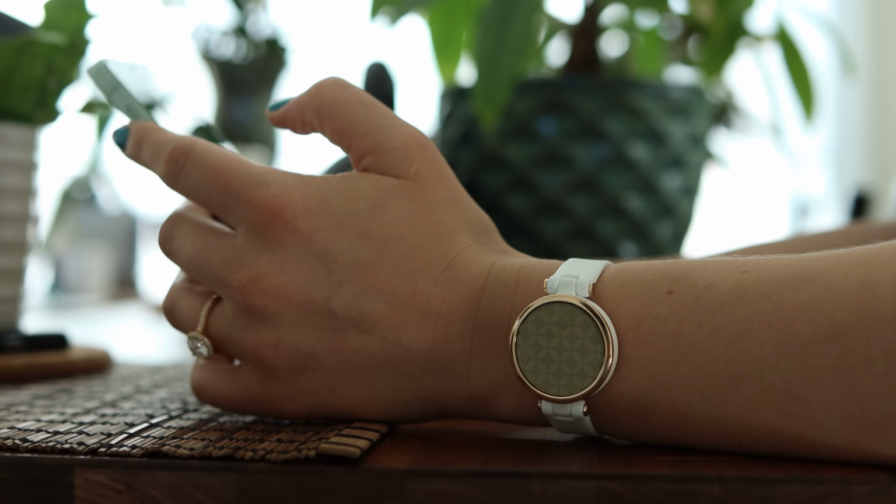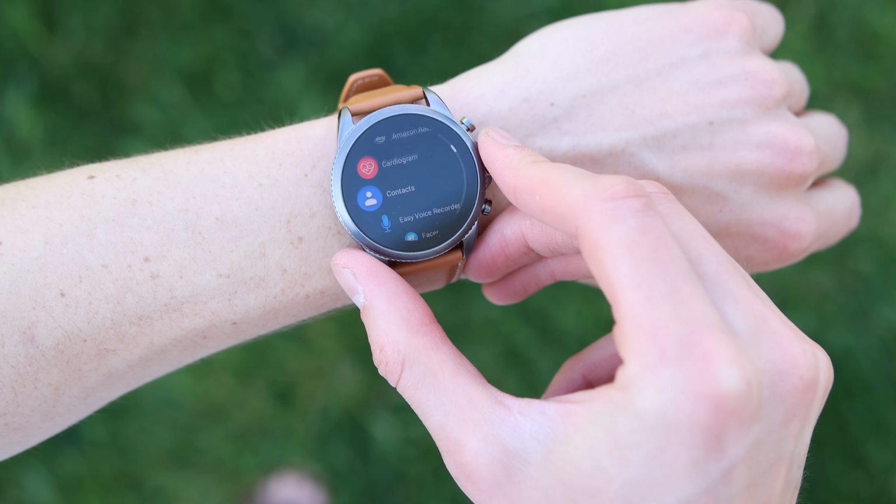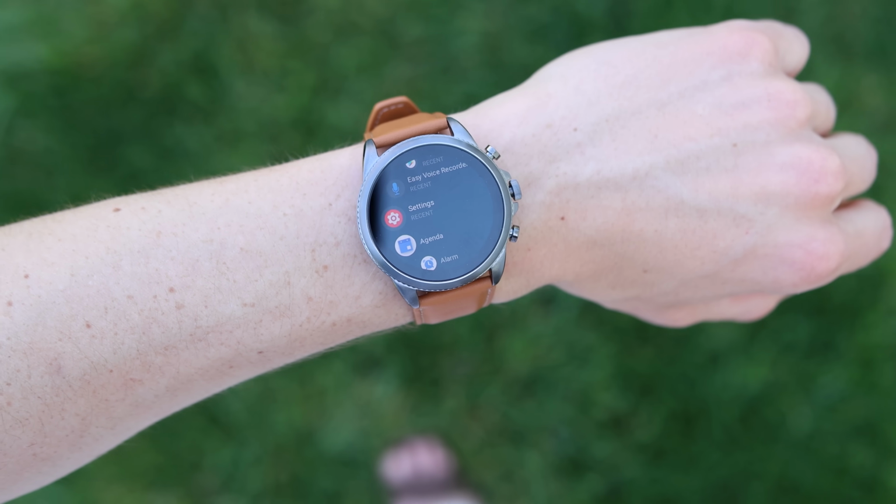Next category being the best looking smartwatch. This is obviously very subjective, so a couple little shout outs here. We have things like the Fossil Gen 6, which I think is a really nice looking smartwatch, as well as the Skagen Gen 6, and many others out there, all of which were slated to get the Wear OS 3 update. Actually, they already did get that update, but the winner of this category, in my opinion, has to be the